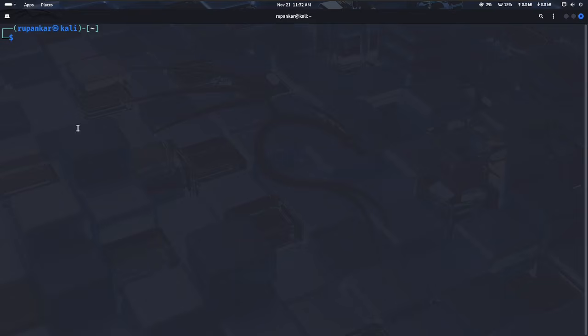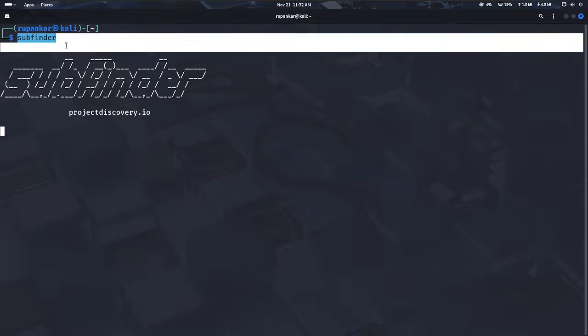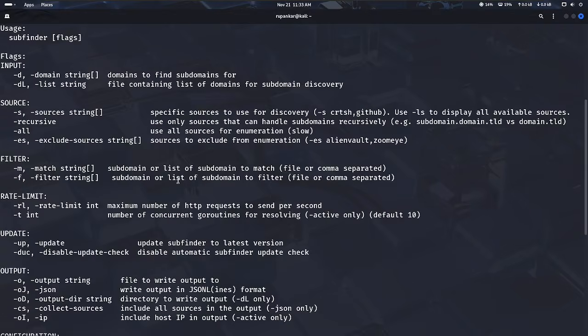So the first tool we'll be using is Subfinder. Subfinder is also a command line tool. For launching any tool, you just need to put its name, and it tells you the current Subfinder version is 2.6.0. So this is an outdated version. If I install the new version with apt install subfinder, that would also be good, but I will be okay with it. And if you put hyphen help, then it will launch the help menu of a particular tool,